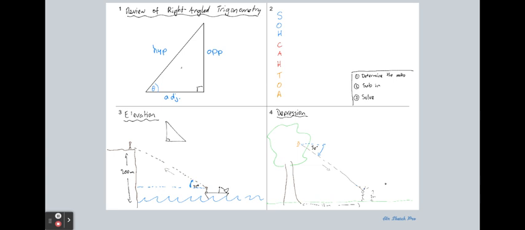I'll keep it zoomed out now, and you can see we've got a couple of examples coming up. The ratios that we use are opposite over hypotenuse, adjacent over hypotenuse, and opposite over adjacent. Based upon those definitions, we use that particular notation, which should not come as a surprise to you. So S stands for